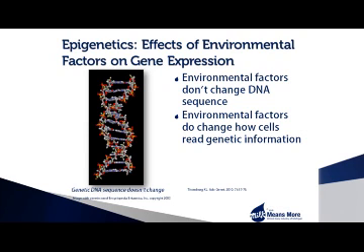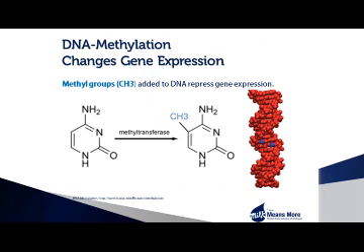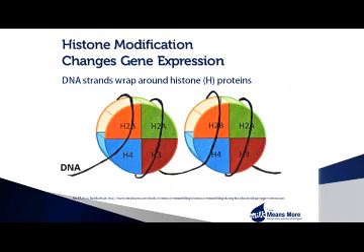Two important systems are, first, DNA methylation. That occurs when epigenetic factors tag the DNA molecule with methyl groups. Methylation can repress gene expression. Second is histone modification. Histones are proteins that act like spools. The DNA strands wrap around histones. Modified histones can wrap DNA too tightly, interfering with gene expression. These 2 systems can be activated by a number of epigenetic factors.